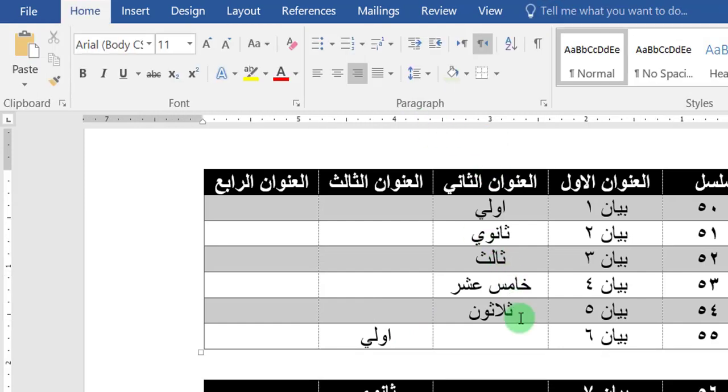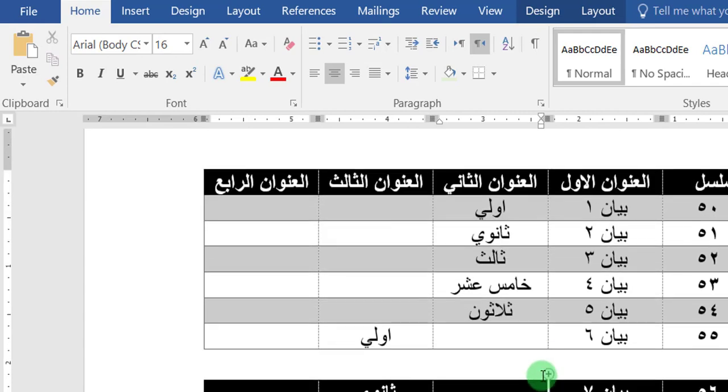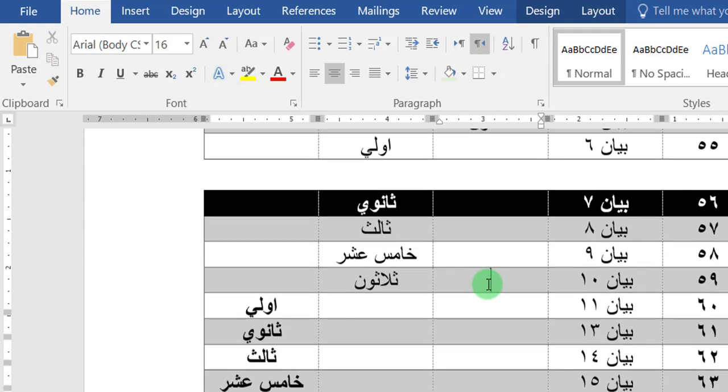By clicking Split Table, you'll notice that the table has been split into two like this.